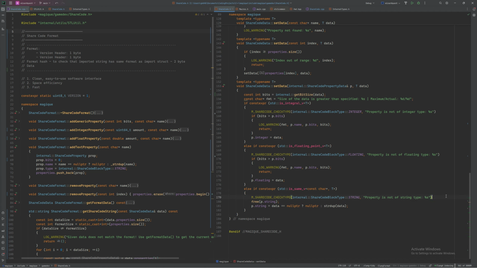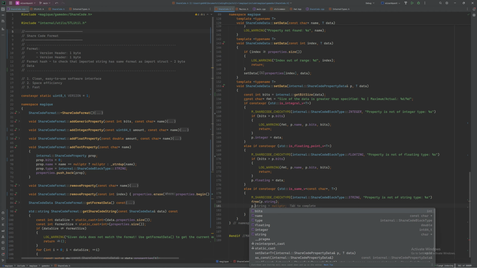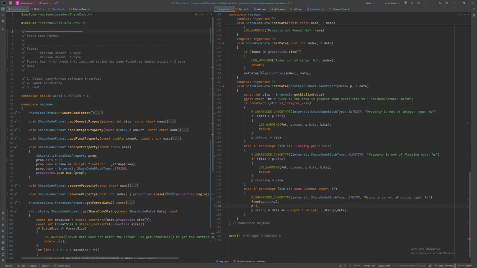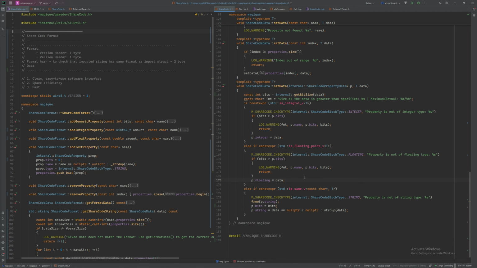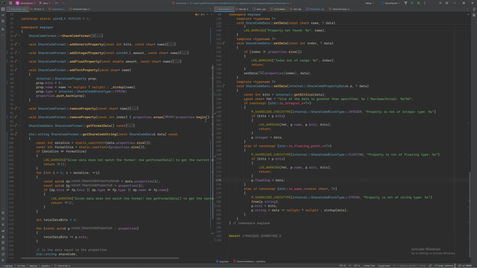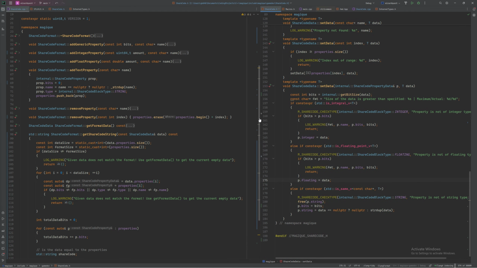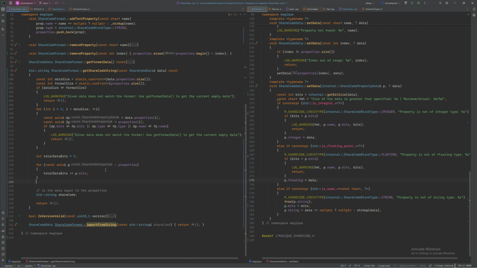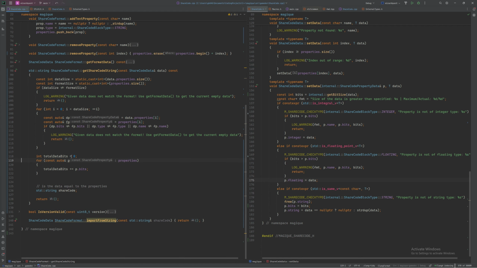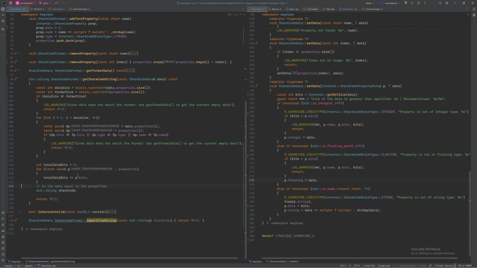I can check here, free the string, p.bits equals bits. Okay, so now I don't have to change anything. There's no special case for the string. I can just do it like this and get the deterministic size up front, in bits, and then I can